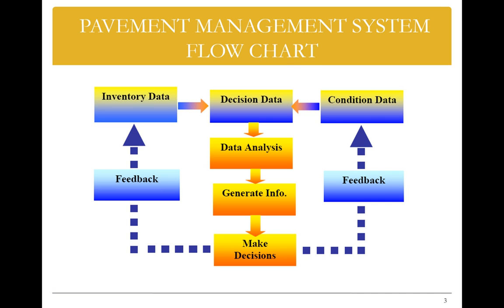This data is going to tell us whether the pavement is deteriorating, and what the actual amount of deterioration is every year or every other year. Based on this, we can perform the data analysis part